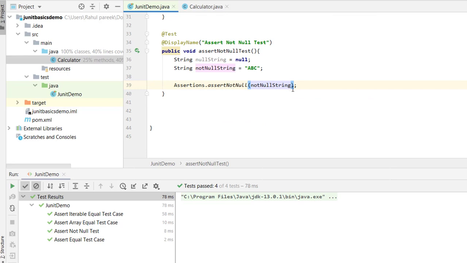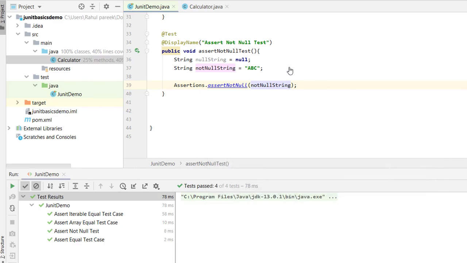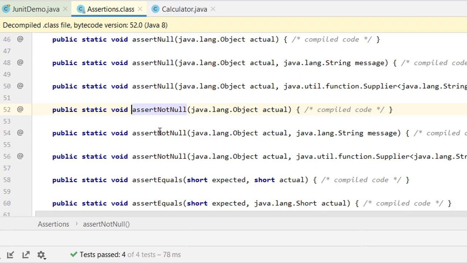There is one more thing: for all the methods in Assertions, they also provide a message object. If you see this assert not null in the Assertions class, it also takes the message.